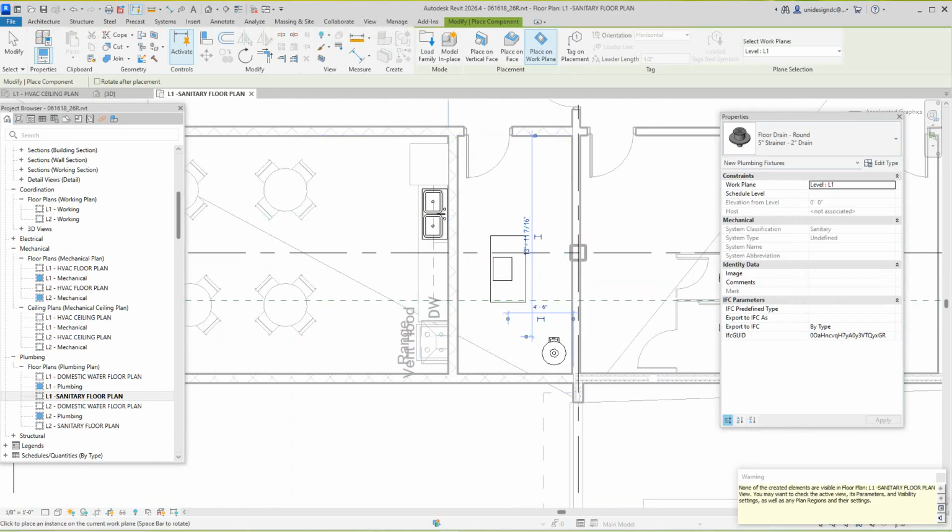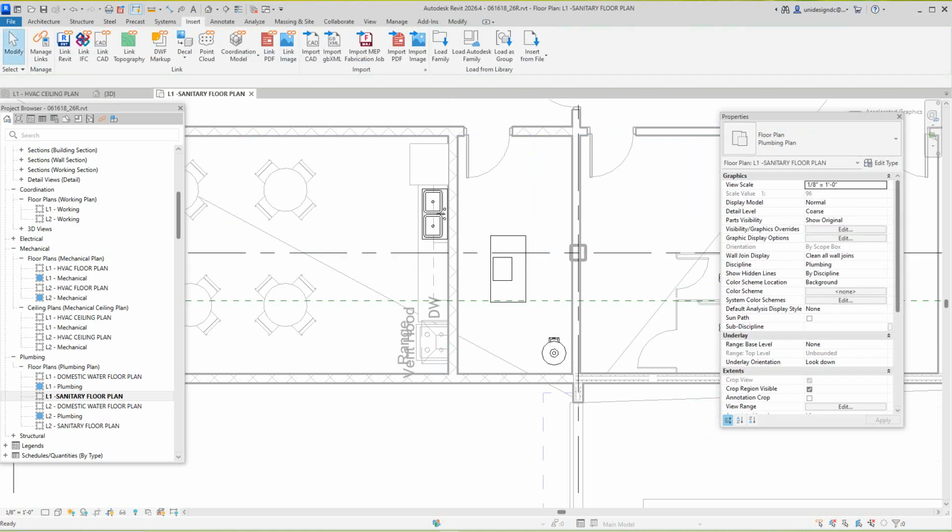Okay, we don't see it, so we have to change our view range here. So in the properties, we're going to go to,